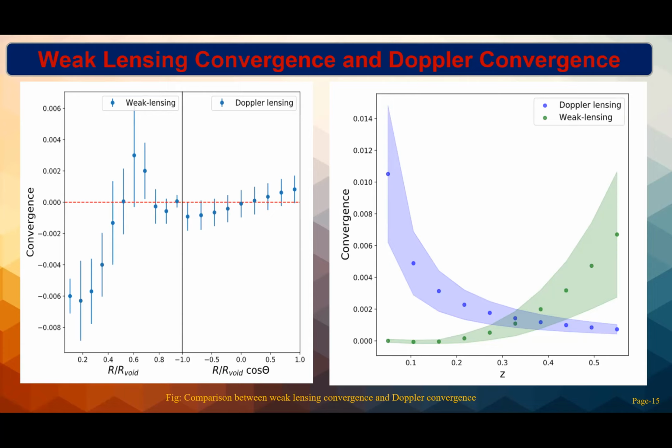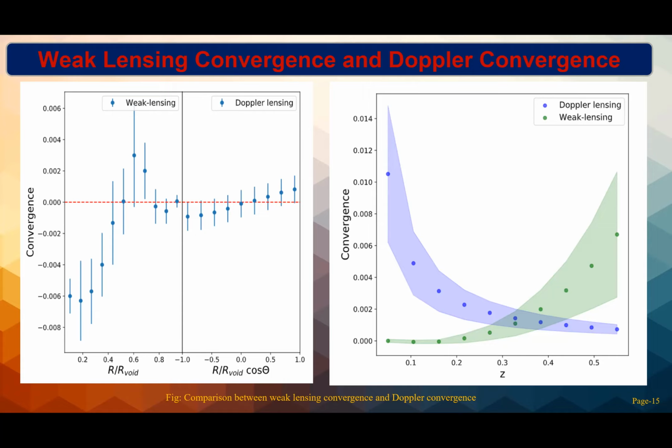So what we have observed for that case is that the weak lensing convergence increases as a function of impact parameters, and at the edge of the voids, the weak lensing convergence goes to nearly zero. But what happened for Doppler convergence? We have seen that, like weak lensing convergence, the Doppler convergence also increases as a function of impact parameters, but Doppler lensing measures larger values of Doppler convergence